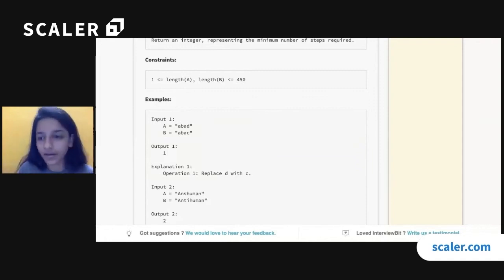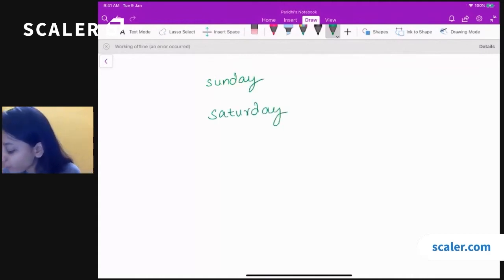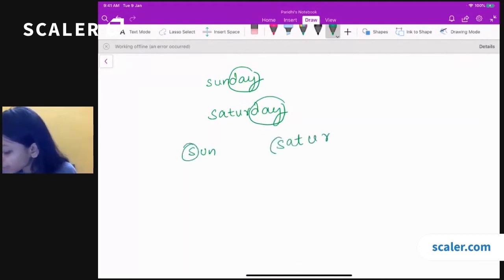So let's say I have Sunday over here and I want to convert it to Saturday. What can we do here? The "day" at the end is the same. So now we can convert this "Sun" to "Saturday". This is also the same, so we are left with UN and ATUR. So we can insert